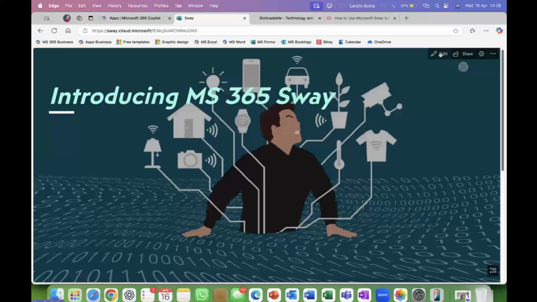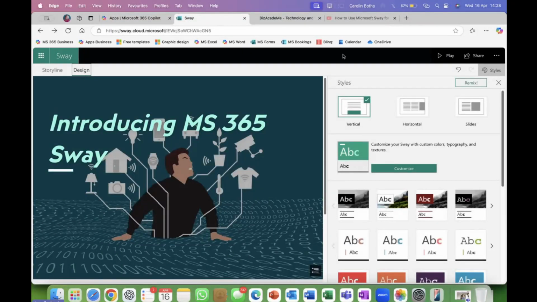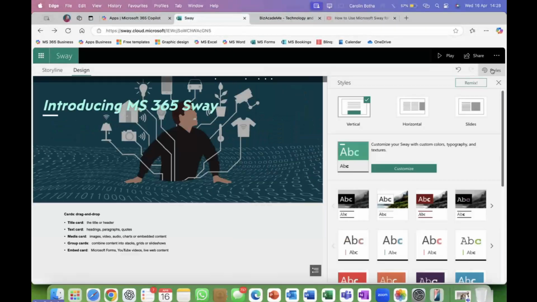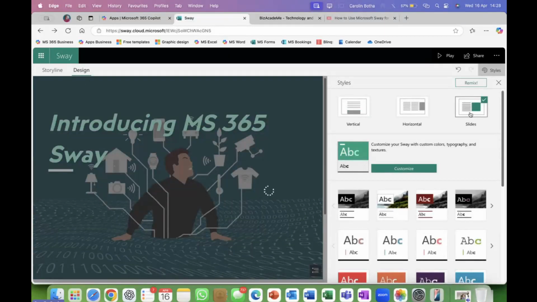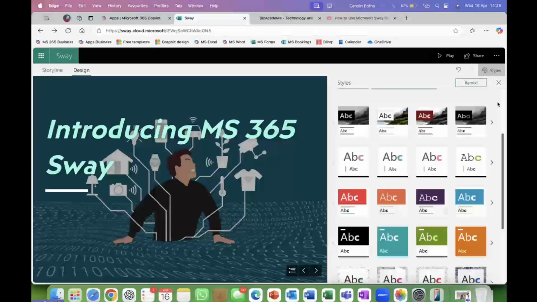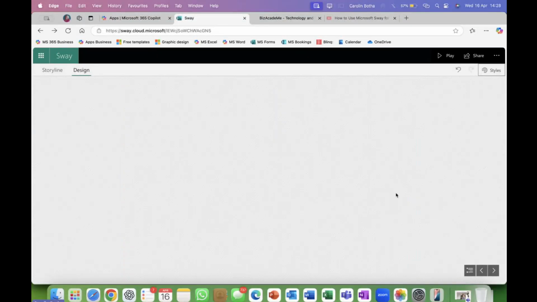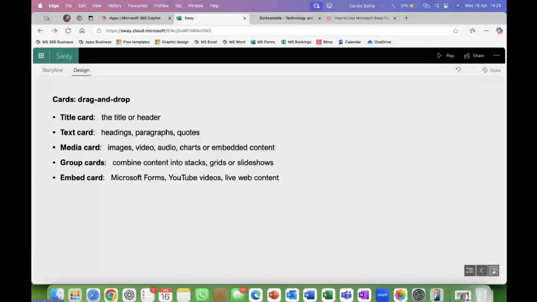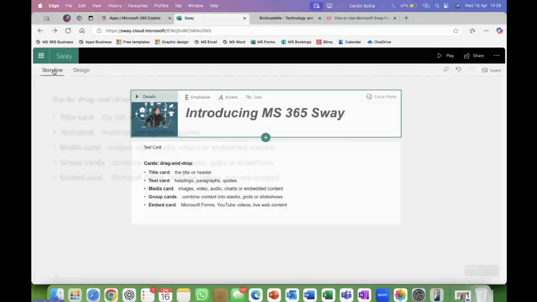Okay, let's go back to edit, and then still on the design tab, we're going to go to styles, and there on the styles, there you go, we can choose the slide. So those are the three styles that you can use, the three layouts. I'll come back to that in a moment. So let's just see, here we go. It's a full screen, that's the slideshow, and you can just click on the arrows there at the right-hand side, and it will show it to you in this format. Right, there's nothing else to see. So we're just going to escape here, or just go back actually to the storyline.